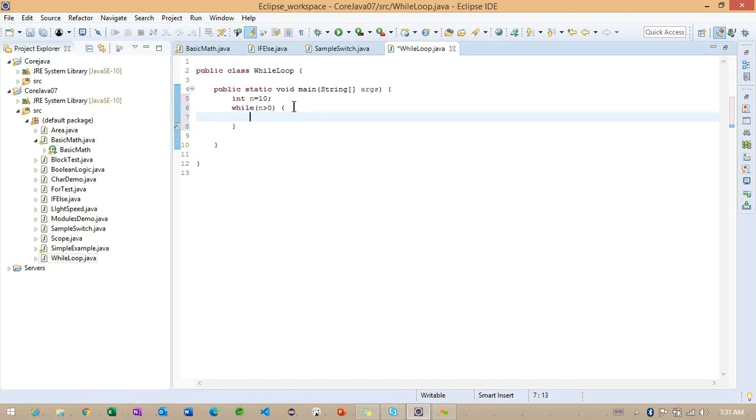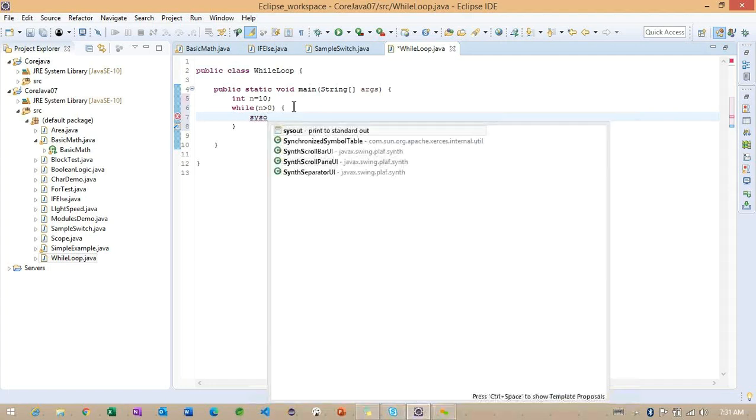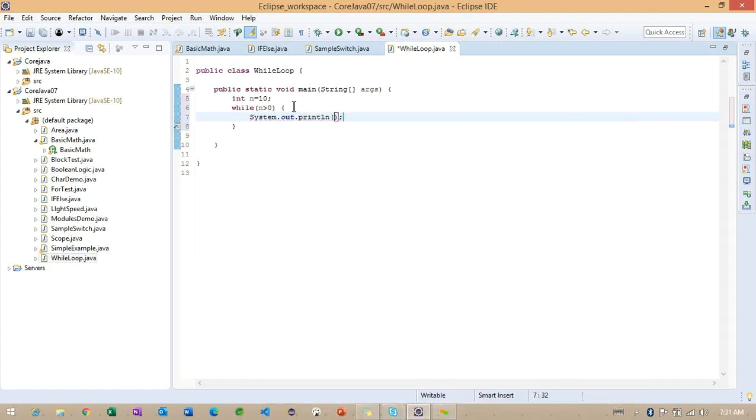So how many times this n greater than 0 is returning true, the same number of times the loop is going to execute. Simply, I want to print this with sys out and the n value.